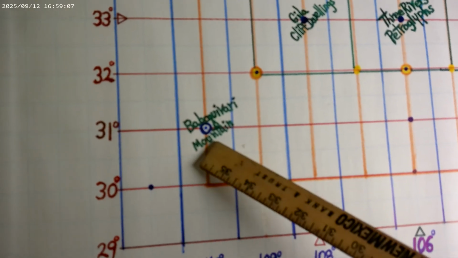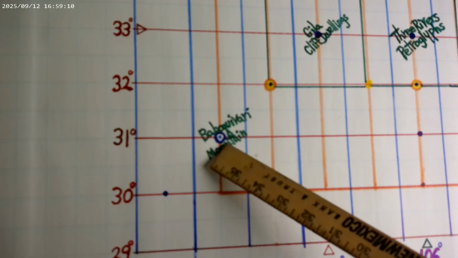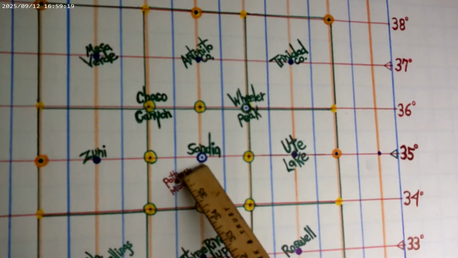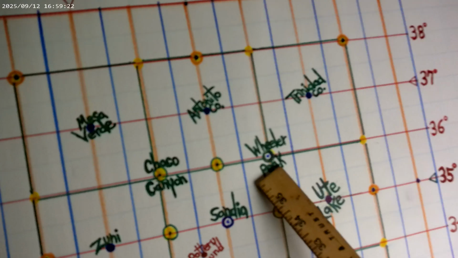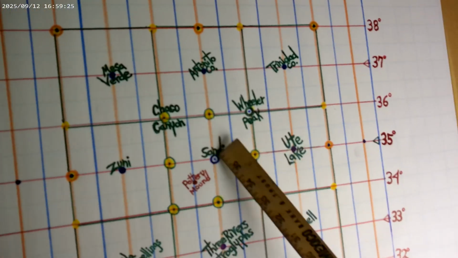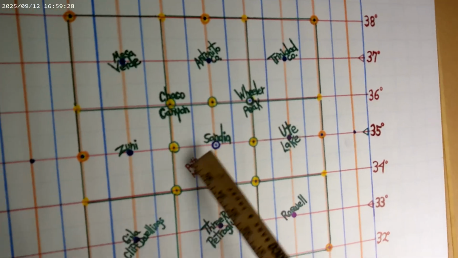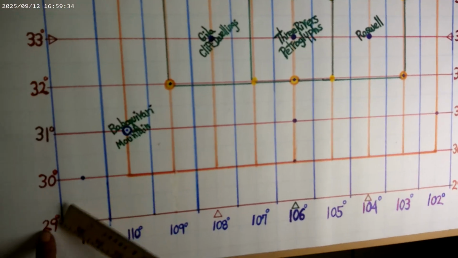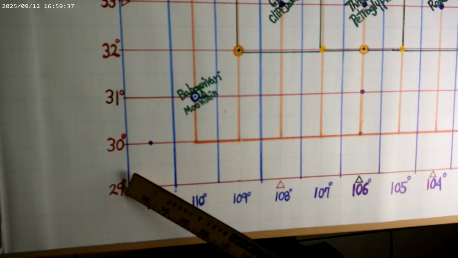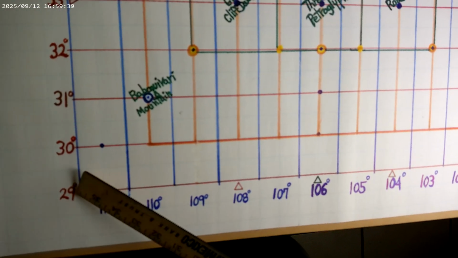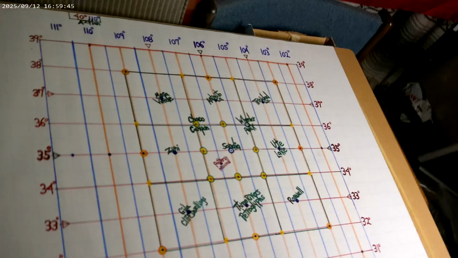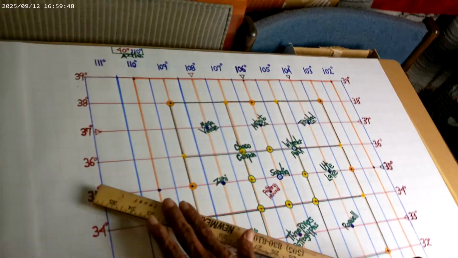But to make this thing actually work, you had to align Baboquivari Mountain, which has this little blue eyeball in it, to the Sandia, which has a blue eyeball in it, which is our mountain right outside my window, to Wheeler Peak over here. Why? When you align Wheeler Peak to Sandia, and then you go to Pottery Mound, and then to the Gila Cliff Dwellings, and then you go to the Baboquivari Mountains, it takes you right down to the Gulf of California, where it can be sent down to Teotihuacan, and down to the tribes south of us. And that's only one of the trade routes that can be used here. Every one of these trade routes can be used because they